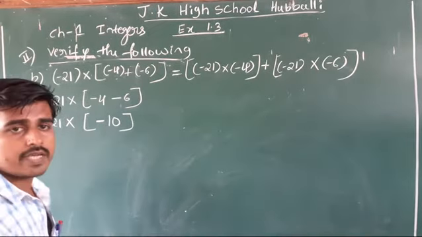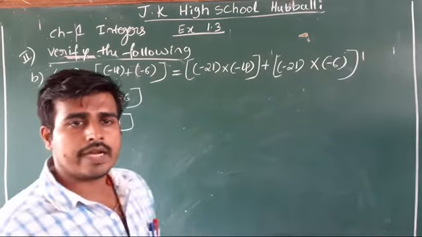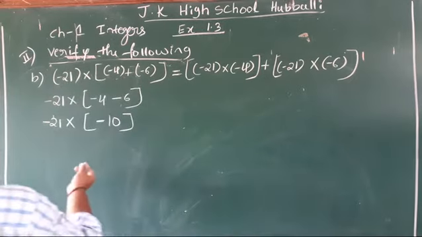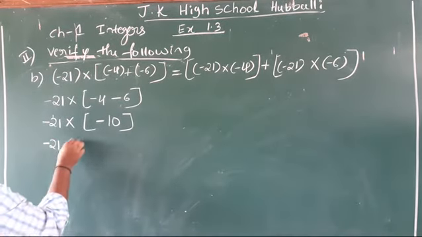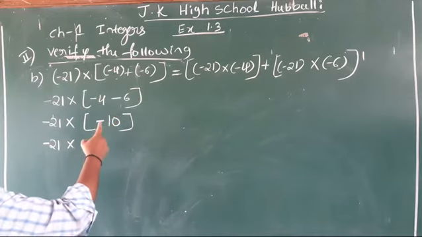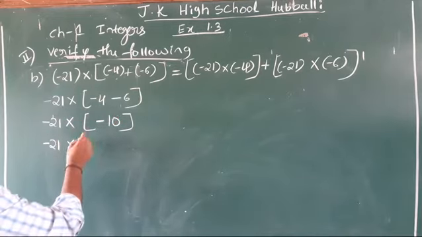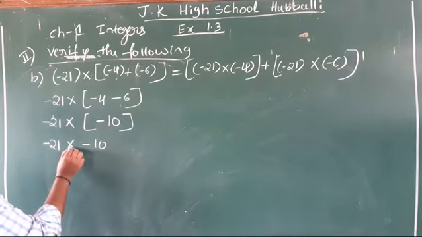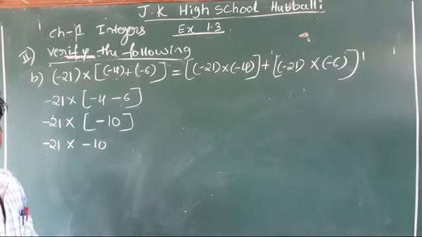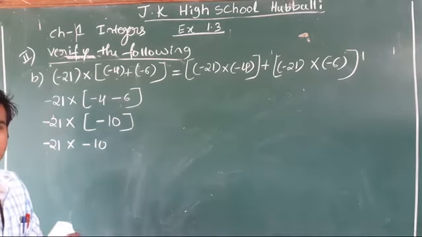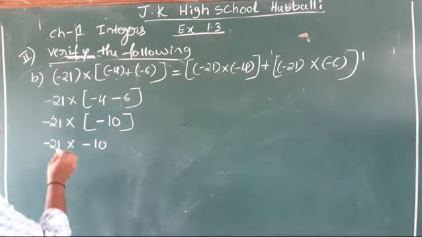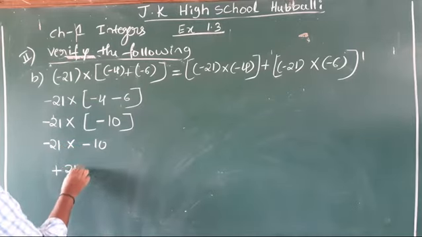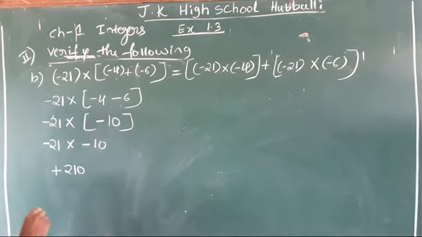Because there is no multiplication sign, addition and subtraction rules apply. If there is a multiplication sign, the rules are different. Now minus 21 as it is into, now a single number is there, so you can open the bracket: plus into minus, minus 10 came out. Now between this integer and this integer, into is there. Now the rules are different: multiplication rules. What does the multiplication rule say? Before multiplying any numbers, first multiply their signs. Minus into minus will give you plus. 21 tens are 210. This is our LHS.